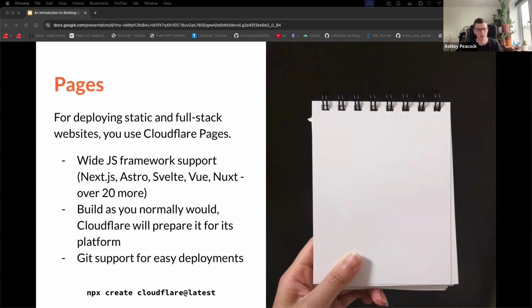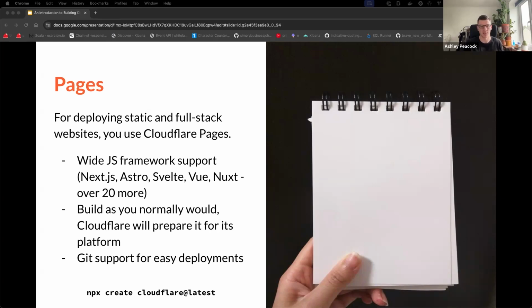And Pages also has kind of a workers add-on, if you like, where you can write your backend functions within your Pages product, and they get converted to workers. They're using workers under the hood, but you're still using Pages. Take Next.js, for example, if you're familiar, it has server-side routes. When I talked about the build process and preparation, Cloudflare will take those server-side routes, convert them into what are called Pages functions, which are the workers, and it will do that at build time. So you still build it, same Next.js as you normally know. Cloudflare is doing the translation in between.